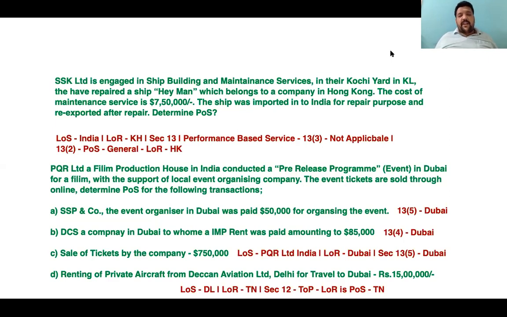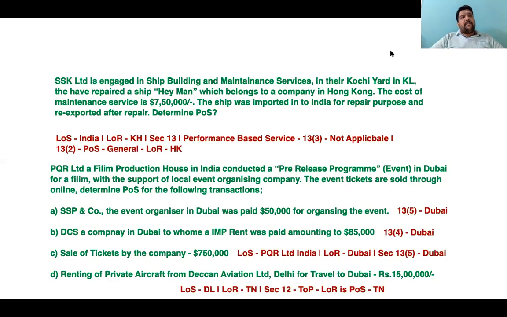The services provided by DCS, a company located in Dubai, for immovable property, same point. Supplier in Dubai, recipient in India, place of supply is Dubai, again not applicable. Why? Because place of supply is Dubai. Place of supply has to be India for import of service. It's not an import of service. Followed by